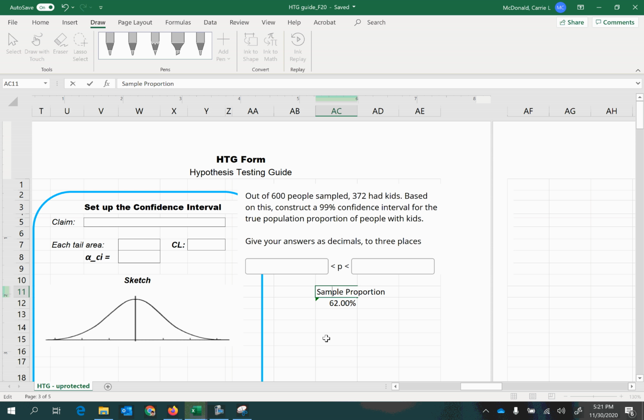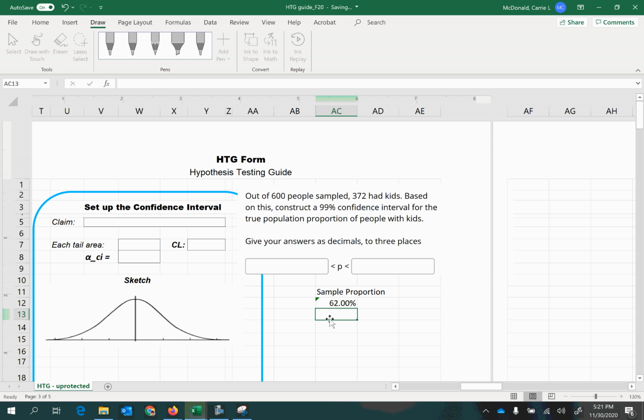It's one relatively small sample if you think about it. 600 people is not that many, especially if you're talking about thousands or millions of people. So this isn't that great of an estimation. It's not that reliable, and we have no idea how accurate it is. And things can change a lot from sample to sample, but over the long run, we'll start to see that things approach a central point.